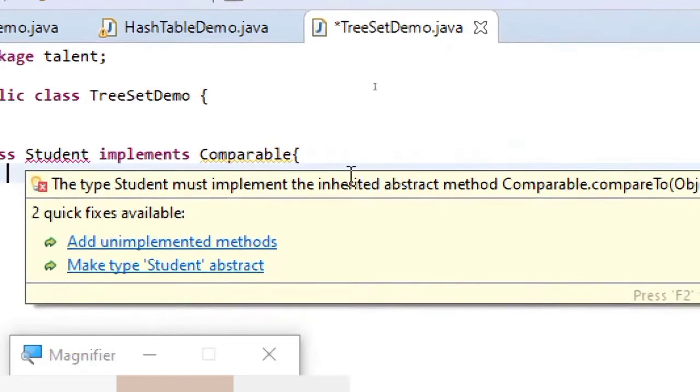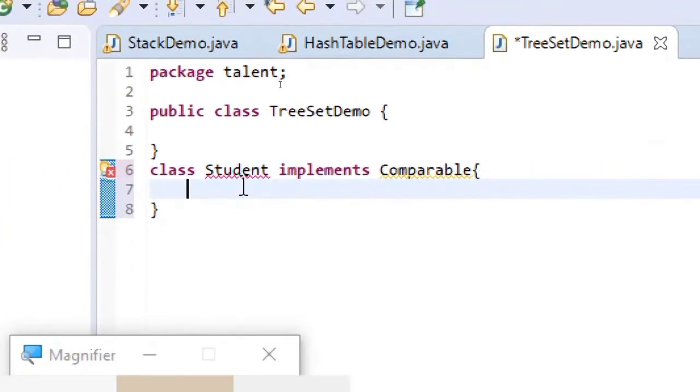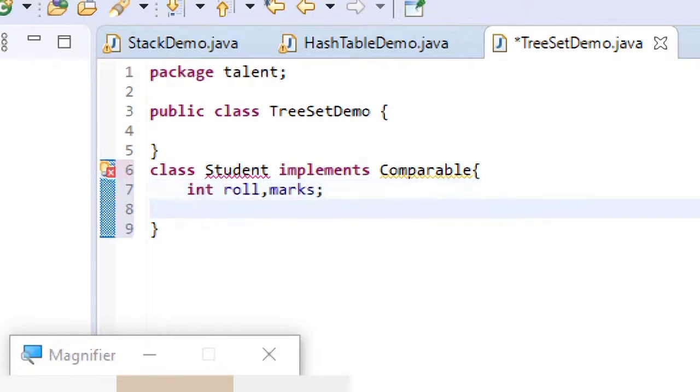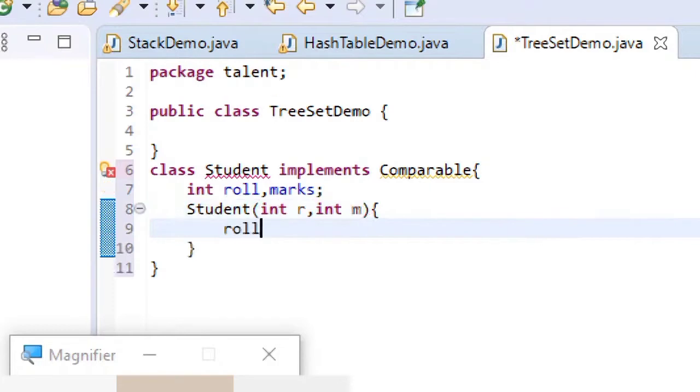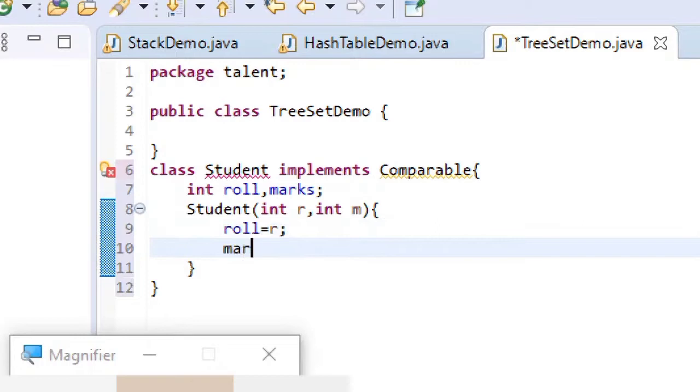Okay, it's just saying the compareTo method has to be implemented. We will be anyway implementing it, and here I'm just taking two fields. One is roll number and marks field. These are the only two instance variables I am using. And let me use the class constructor in order to define my own roll number and marks while the object of Student is being created. So I'm just assigning the instance variables with the roll number and marks that will be passed at the time